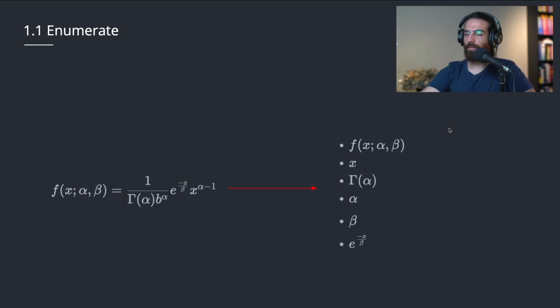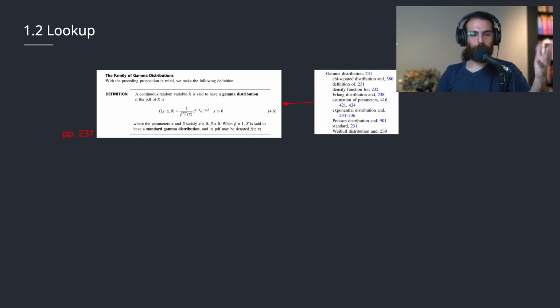And then after you've listed down all these symbols, you want to go through the process of defining them. What does X mean? Why is it there? Why is gamma there? Why is beta there? And so on. And the way you would do it, ideally, assuming you have your books, let's say a stack of